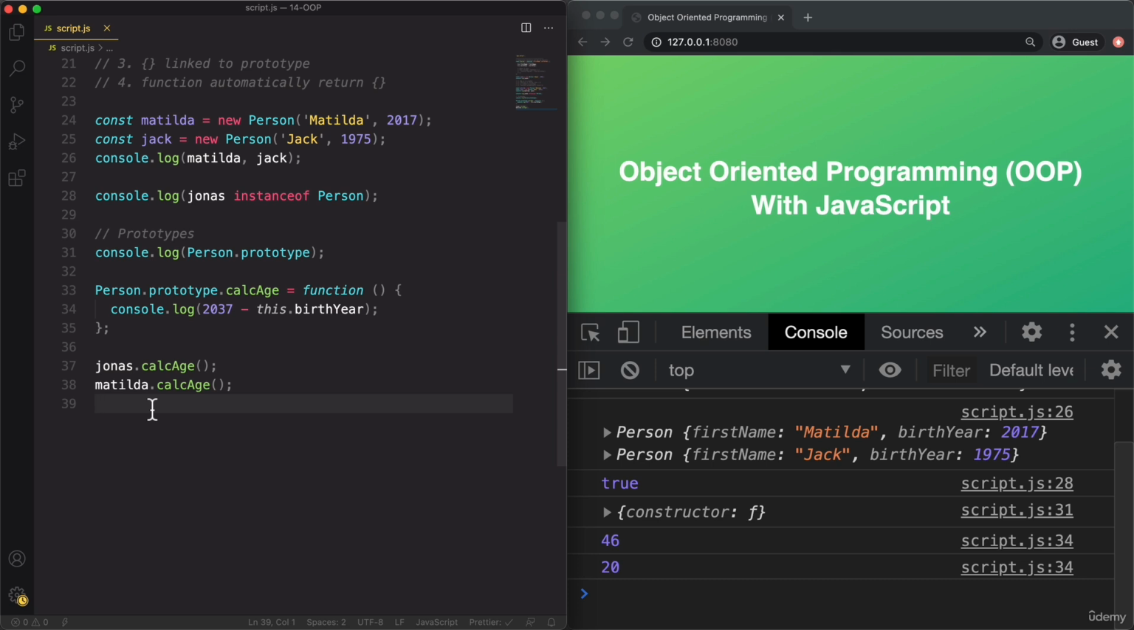So we just observed that the Jonas and the Matilda objects are kind of somehow connected to the person, right? That's why they can have access to these methods, or in this case, to just this method that is located inside the prototype property of person. But how and why does this actually work? Well, it works because any object always has access to the methods and properties from its prototype. And the prototype of Jonas and Matilda is person.prototype. And we can actually confirm that because each object has a special property called